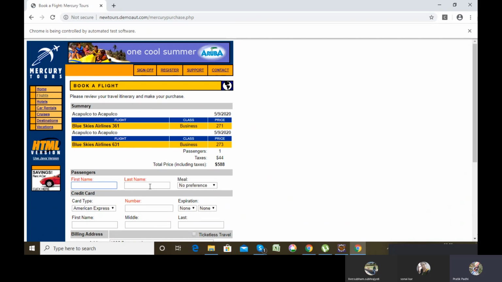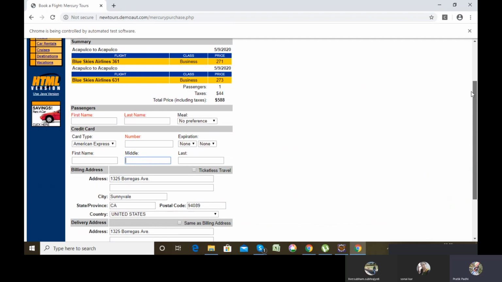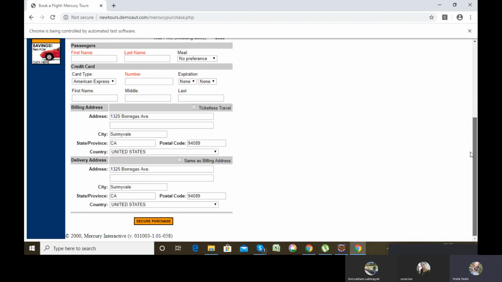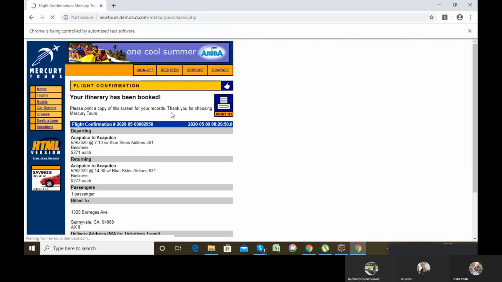Then give the first name, last name, number, every text area which is present except the drop down. Leave the drop down as it is with the default values. Enter all the text areas with certain values, and then click on secure purchase. Then navigate to the page which will show your itinerary has been booked using Selenium as your home assignment.